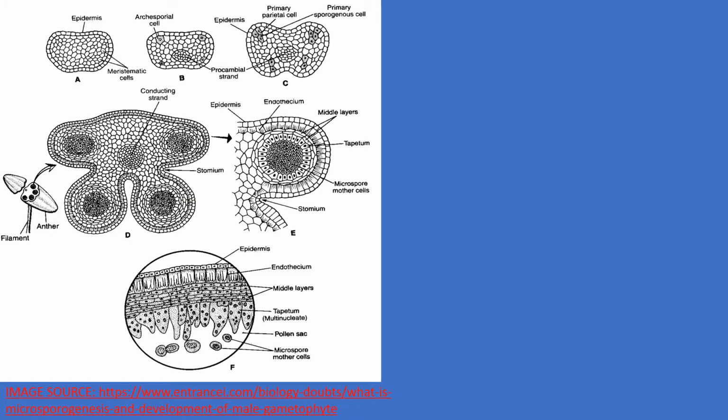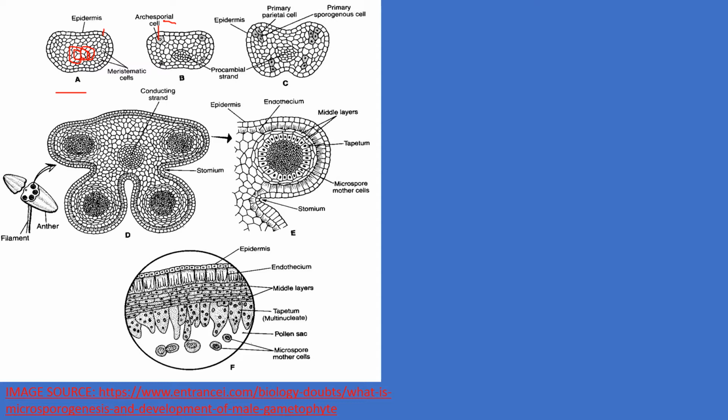Here we see a young anther, which has hypodermal cells surrounded by one layer called the epidermis. Below the epidermis, some cells have a prominent nucleus and dense cytoplasm. These are called archesporial cells. And these archesporial cells undergo